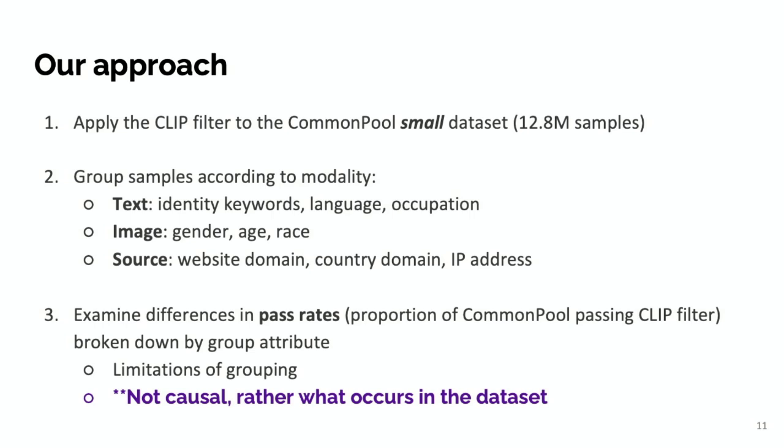Again, with all group fairness metrics, there are certain limitations, as these also just output a final metric, but we do believe that pass rates allow us to kind of make these comparisons at scale. I'll also note here that our analyses are not causal, but rather describe what's going on in the data set, since it's very plausible that data relating to certain groups might have different writing styles or come from different websites. Regardless, we still think it's important to understand what's going on in the data set, given its wide usage.